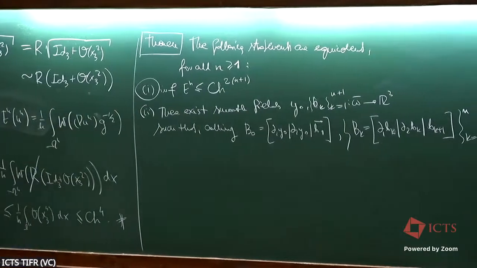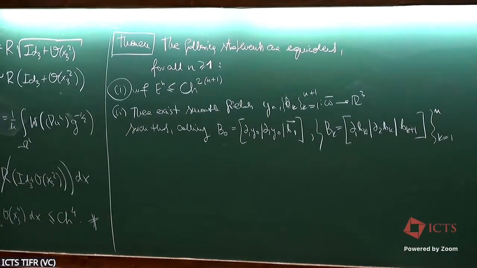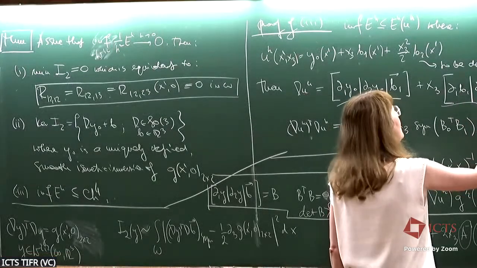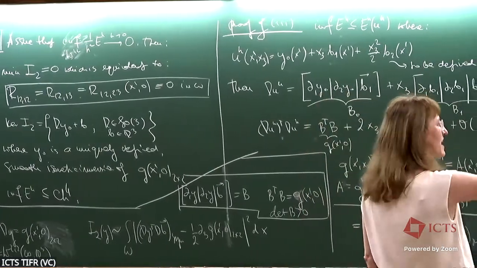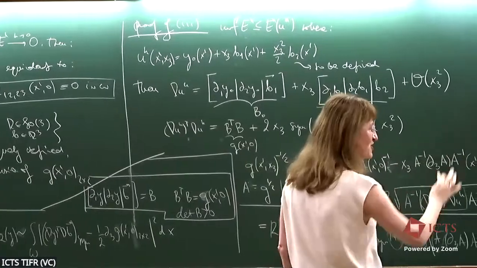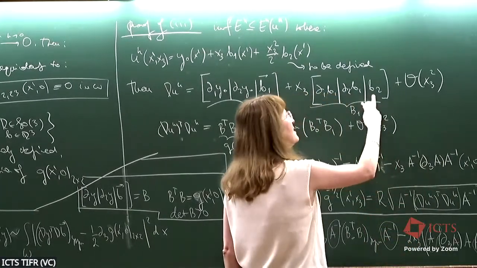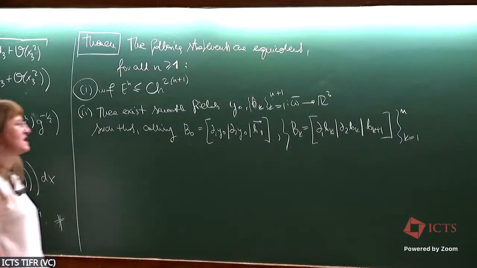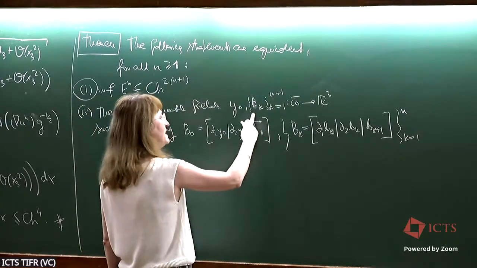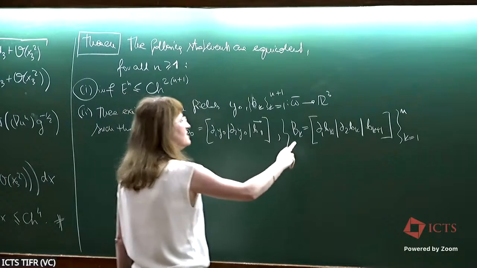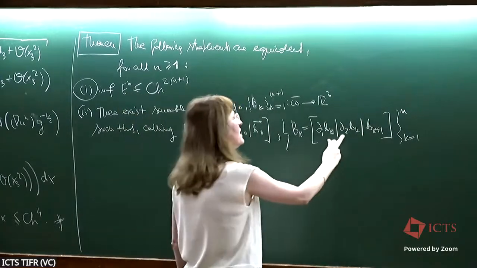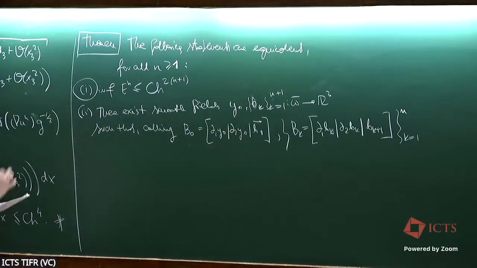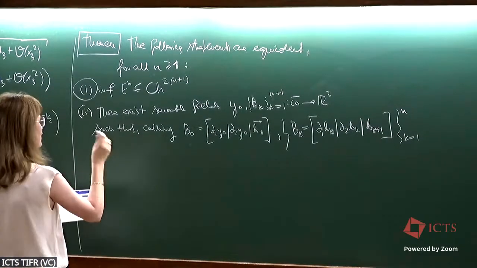Those BKs are like the B1 here, which was D1 B1, my Coursera vector, D2 B2, and then D2 B1, and then I had this B2, another second generation of the Coursera vector, which I have defined so that I was able to pass to H4. Here I have n plus 1 BKs, and for each of them, I generated this frame, which is D1 BK, D2 BK, and then the next one. There exist smooth fields such that calling B0 this and BK this, we have